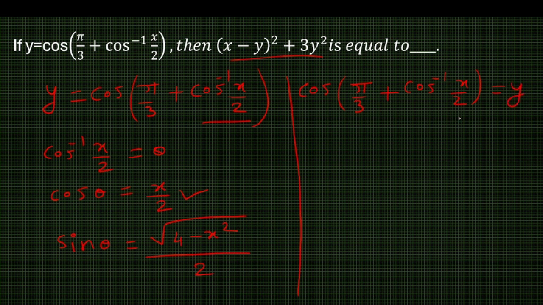Now from cos a plus b से इसे expand करते हैं, we will get cos of pi by 3 into cos theta minus sin pi by 3 into sin theta is equals to y. Now we have value for cos theta. We know cos pi by 3, sin pi by 3, and we have value for sin theta. So let's put this value into y is equals to